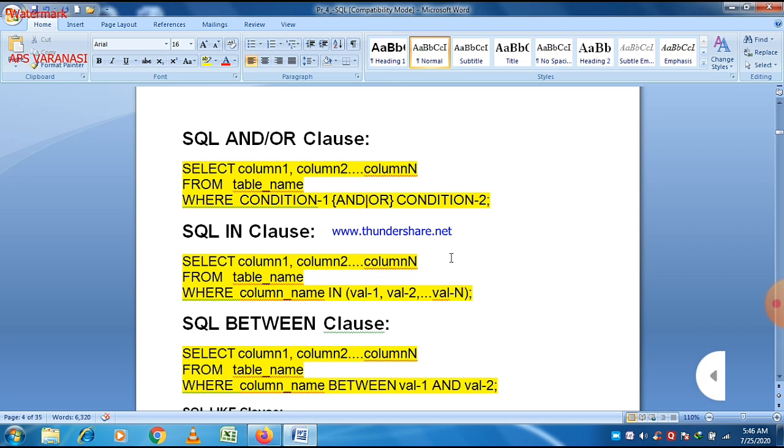And the second is between. If we want to find a value within a certain range, for example the age between 18 and 30, then we can use the between clause. It is also used with the where clause. Just write between in place of in. The functionality of between is quite similar to in, but the only difference is that it finds a value between two different values, whereas the in clause finds a value with respect to a particular sequence. So these are the three important clauses here.